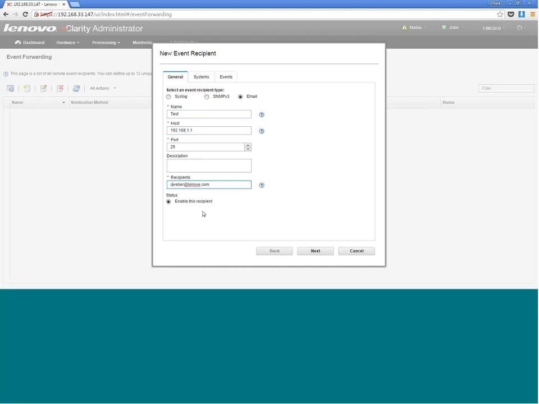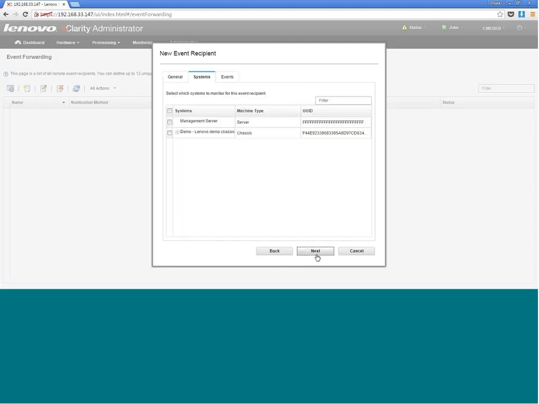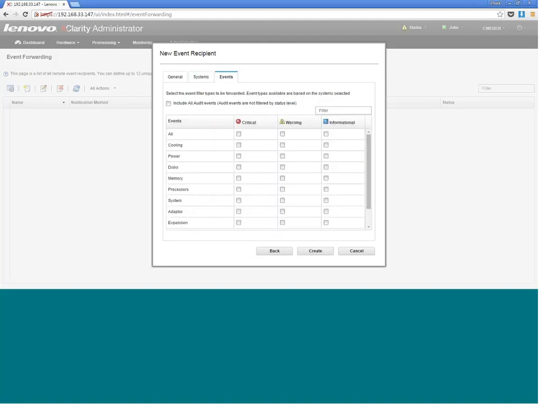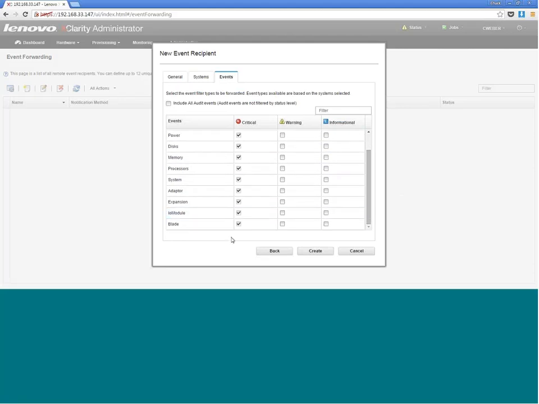And then you click on next. You can go through and choose all the systems, or you can say, really, I'm only interested in this one and this one, and click next. And then you have 2 choices. You can either include all audit events, meaning basically everything that comes to them will be pushed through, or you can say, I'm only interested in the critical